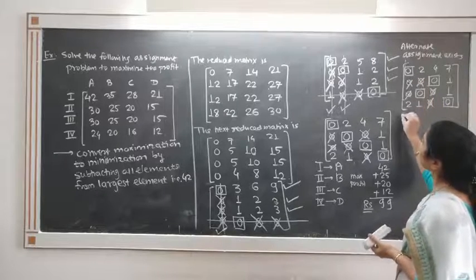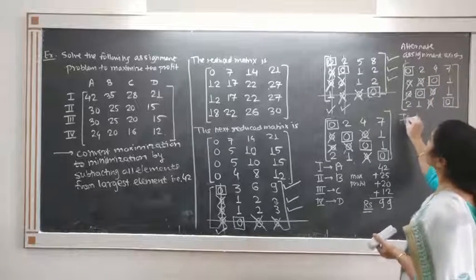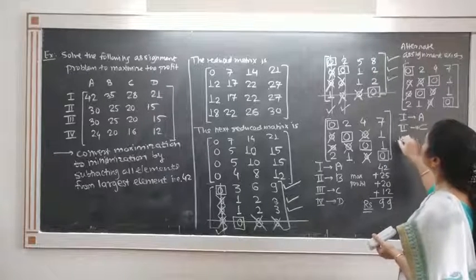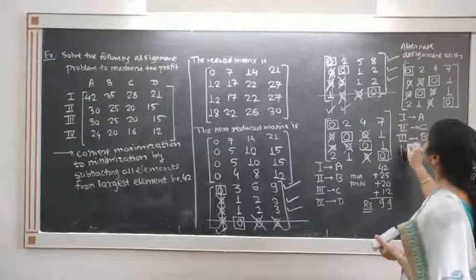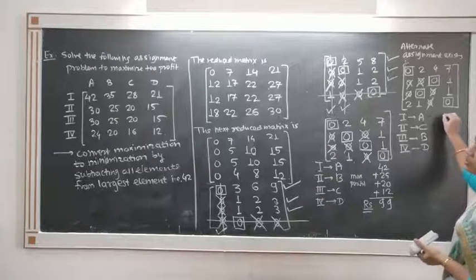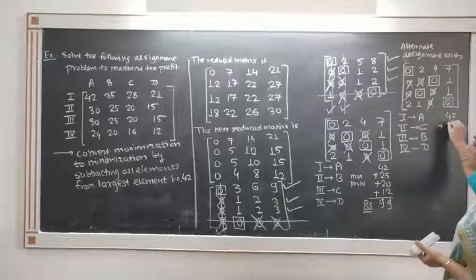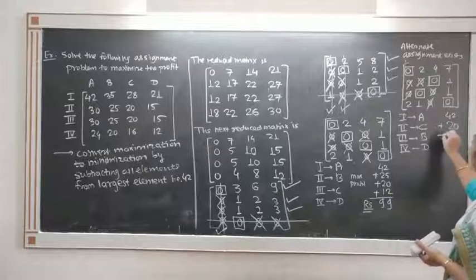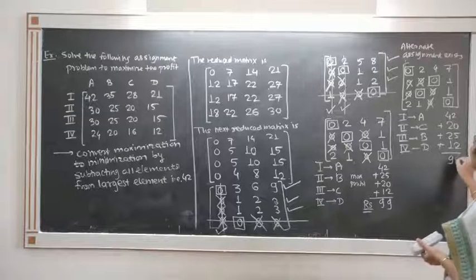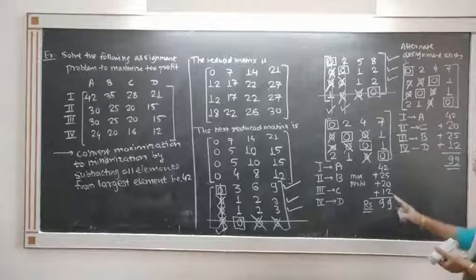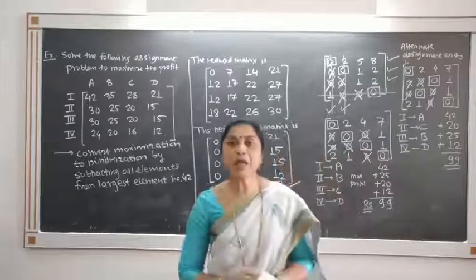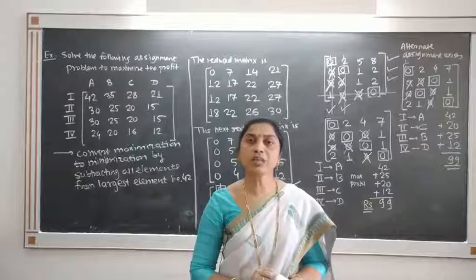So what we have assigned, the alternate solution is: the first is assigned to A, second is assigned to C, third is assigned to B and fourth is assigned to D. See the profit for that. For A, the profit is 42 plus C, that is 20 plus 25, and for D, it is 12. Observe that it is again 99 rupees. So, multiple assignment is possible in this case and the maximum profit comes to be rupees 99.